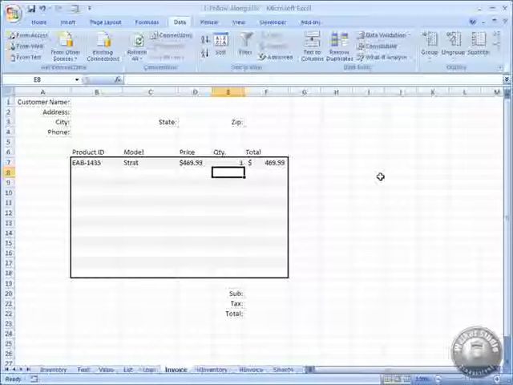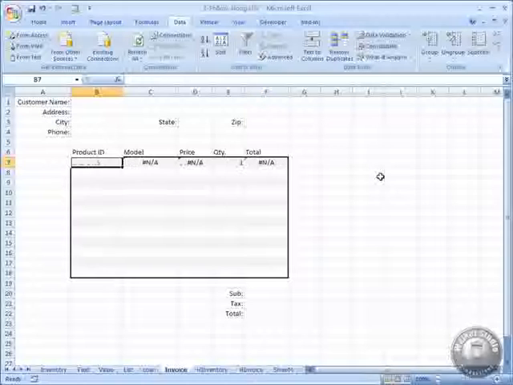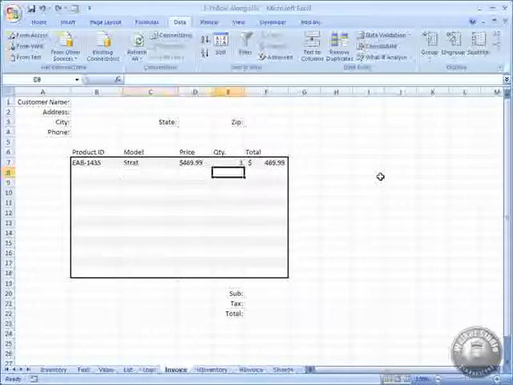Now we've got a couple of things here. Number one, if we get rid of this and we don't have anything there, look at all those #N/As that I get. That's kind of lame. We don't want that. Plus, even if we do have something there, let's Control Z and undo that. If I don't have anything in the quantity, then I get that. Okay, I get nothing. So we need to do something here. We need to spruce it up, fix it up, plus we need to have it give us some values down here, calculate some stuff for us. So we need to make it a little more user-friendly. And we'll go ahead and do that in